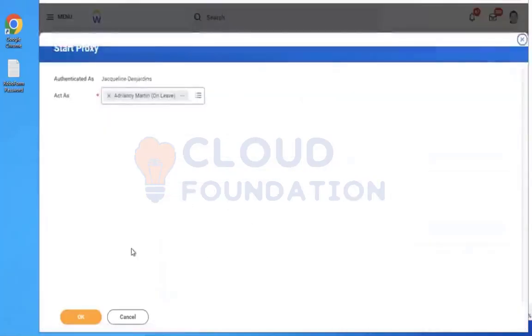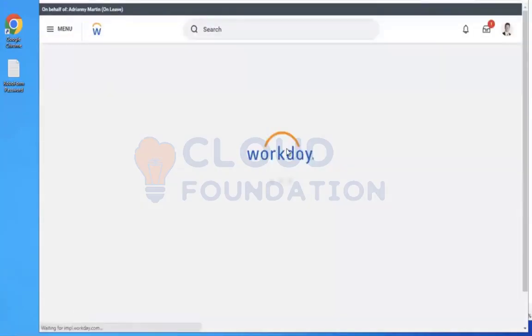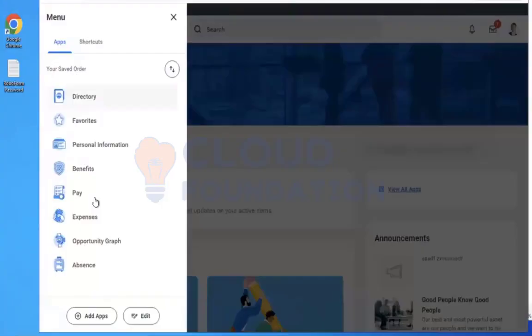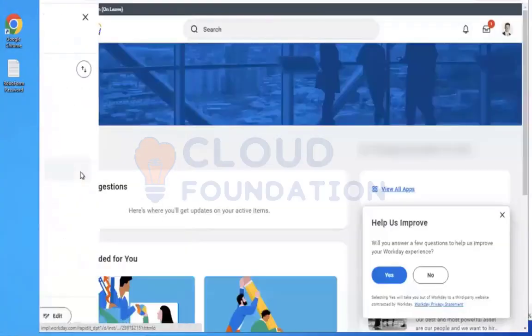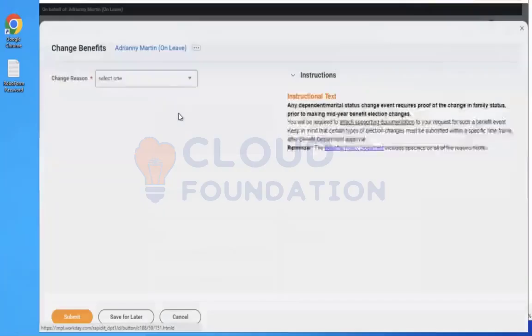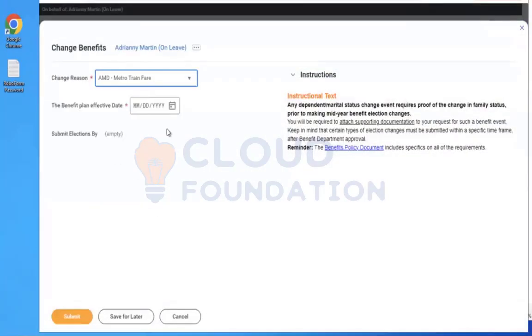Proxy. New benefits. AMD Metro train fare.